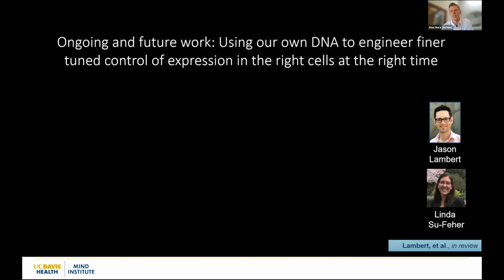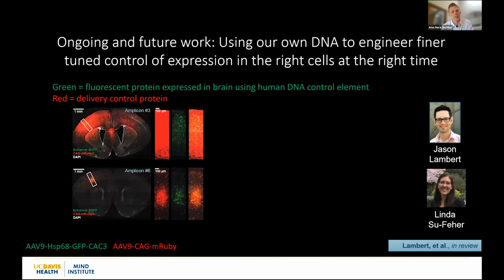in the right cells. And so we're using a viral strategy to do this by leveraging elements in our own genome that are important for turning on genes, to use to turn on that same gene in the right amount. So I wanted to show this just as a new area that we're doing. This is unpublished work, but we're using viruses that can infect neurons to deliver DNA to raise expression of